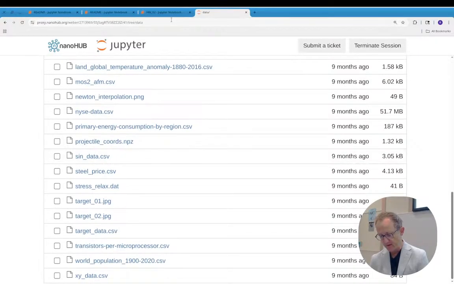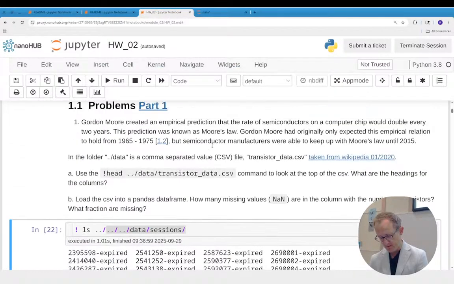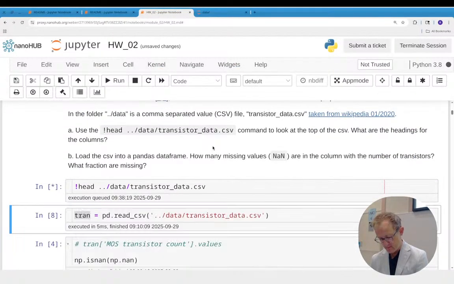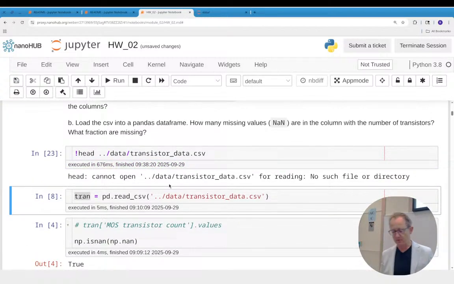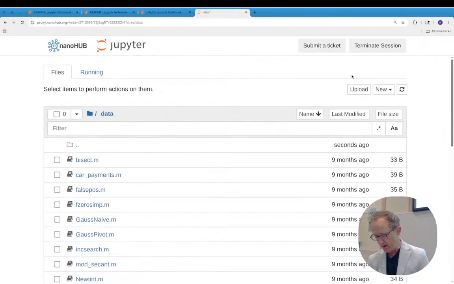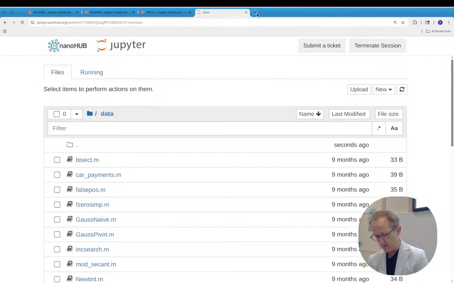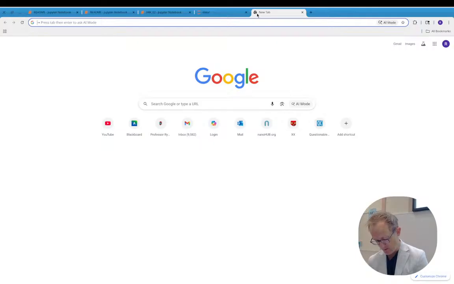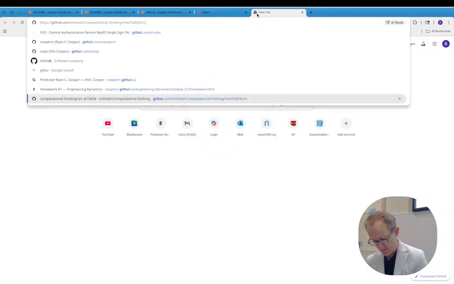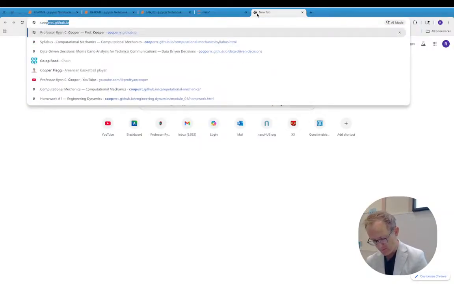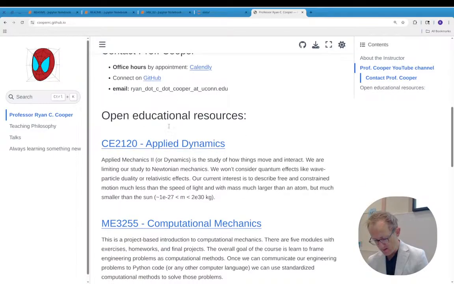So it's not there. Now whenever I try to run this, it's telling me that it's definitely not there. When I go to the folder, no matter what, I just can't find that transistor data. Now I've got to figure out how to upload that file. So I'm going to go back to the website